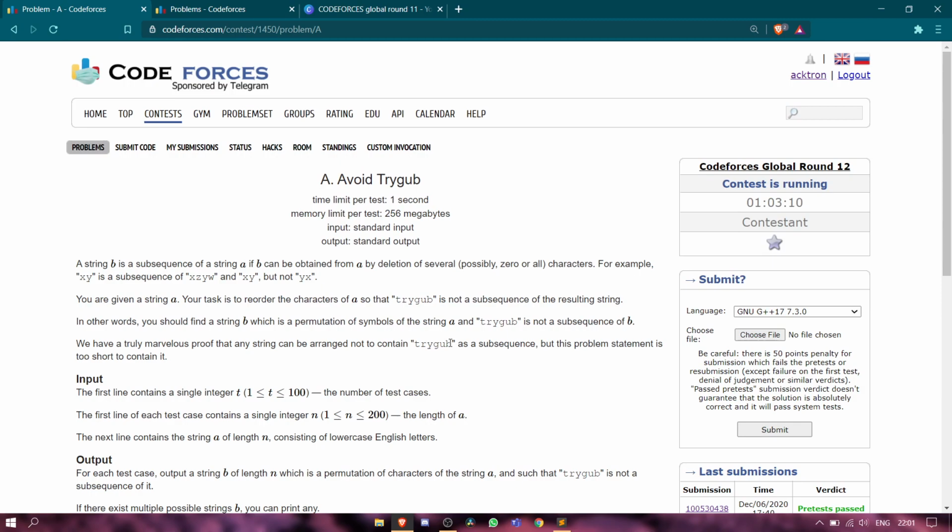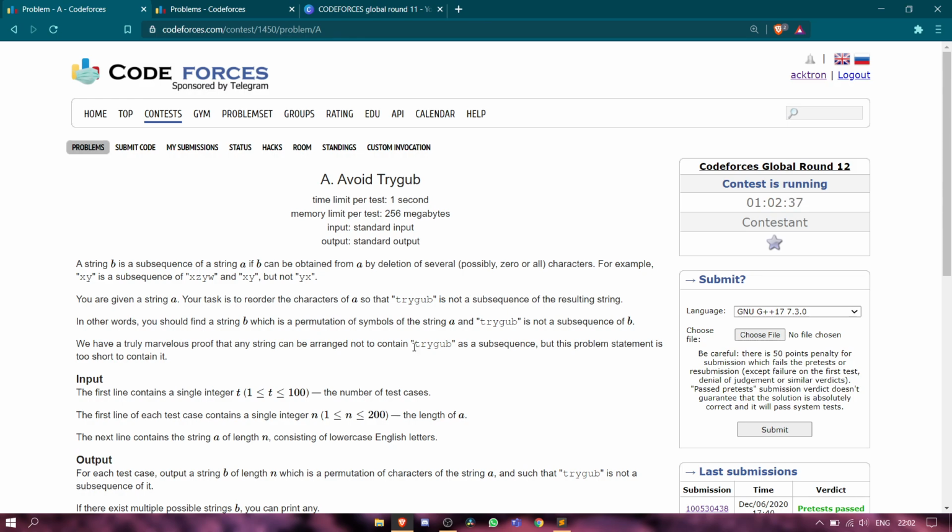So let me tell you the logic for this problem, guys. The problem will be simpler to you by the logic. So the logic is, guys, from our string A we can only make our string B if the last character of this string B is not in first.